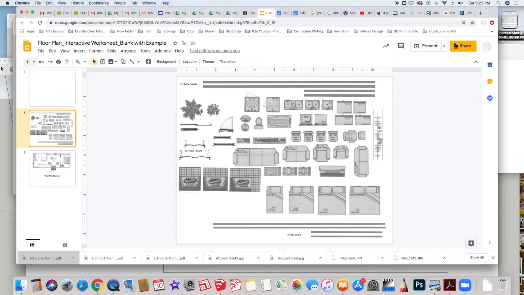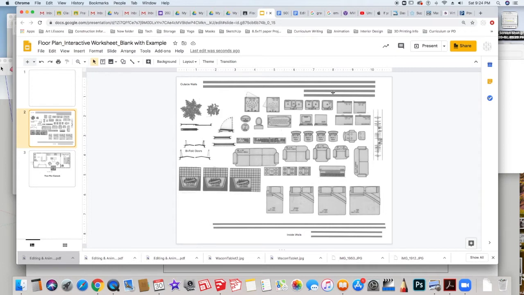We also have lots of different items that you can put in your house. These are doors. These are sliding glass patio doors. This door here is something called a pocket door. This door here is a 4-foot bifold door. The one below it is a 6-foot bifold door. Over here are things that would go into the bathroom. We have different types of sinks, a toilet, jacuzzi tub or regular tub, 2 different kinds of shower stalls. This little part that comes out on the side, and in this case in the front, indicates the door. So the door to the shower stall.